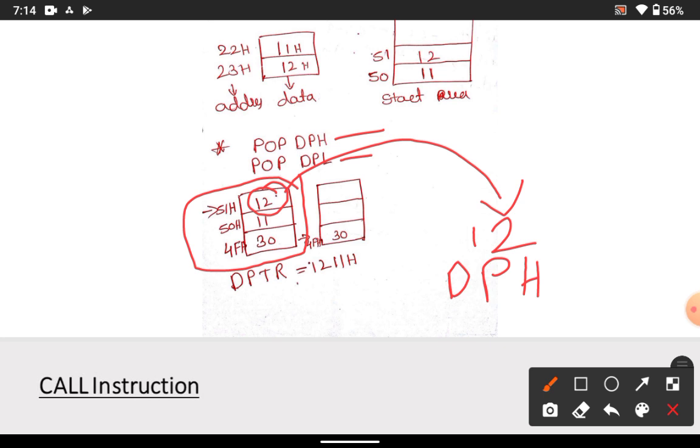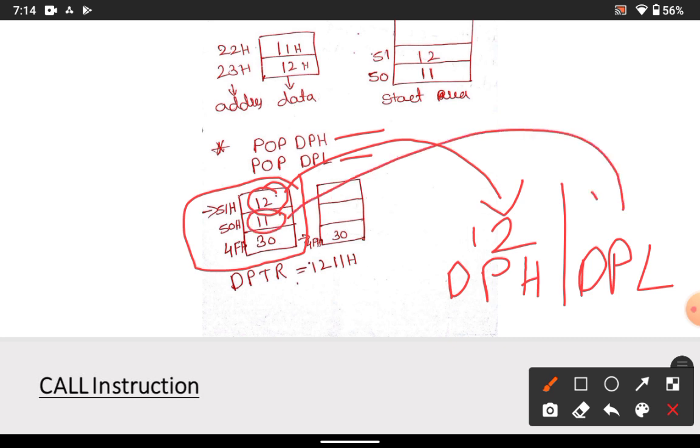DPTR is 16 bit, so we are dividing it into DPH and DPL, DP higher bit and DP lower bit. So if I use one more, pop DPL, what will happen? The next value 11 will come and sit in the DPL. So the total DPTR value is 12, 11. So that is the value of DPTR.